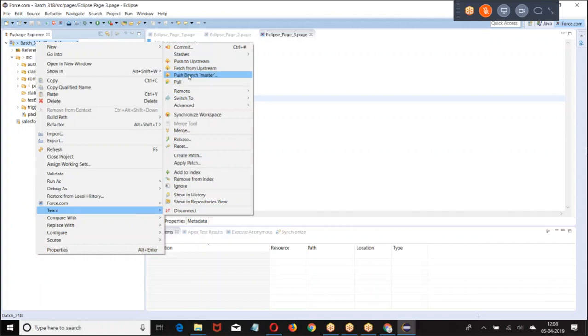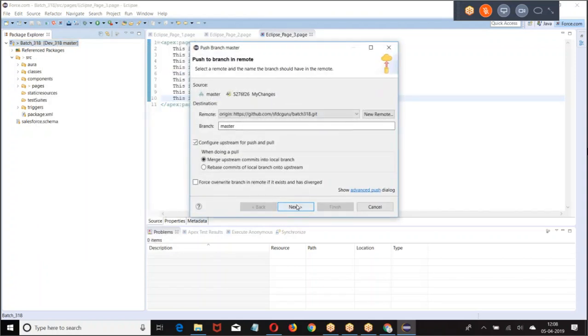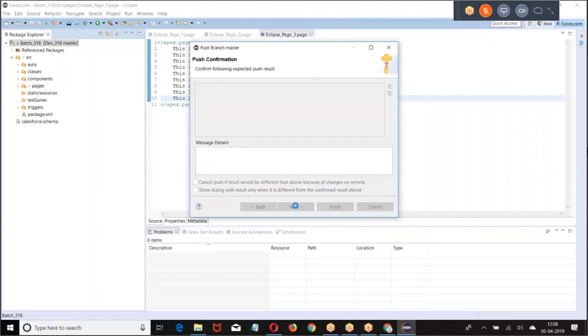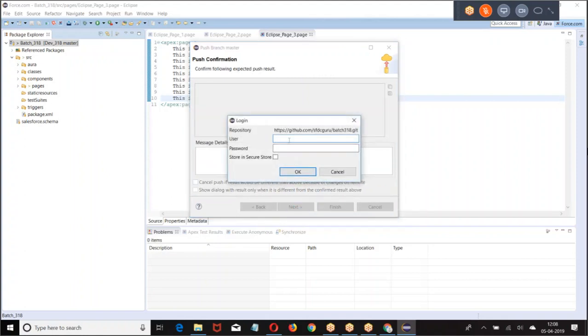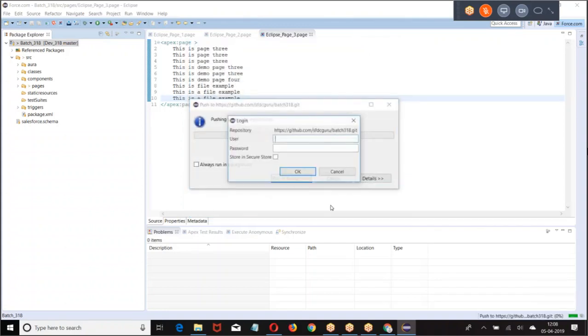I want to push to branch master. Now the changes what I made, I'm trying to push it.